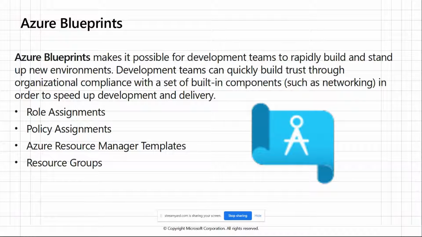The blueprint is like the blueprint we use when we start a construction, right? So it is the same kind of thing that is available for Azure as well. And when you start with development, it makes you build up new environments